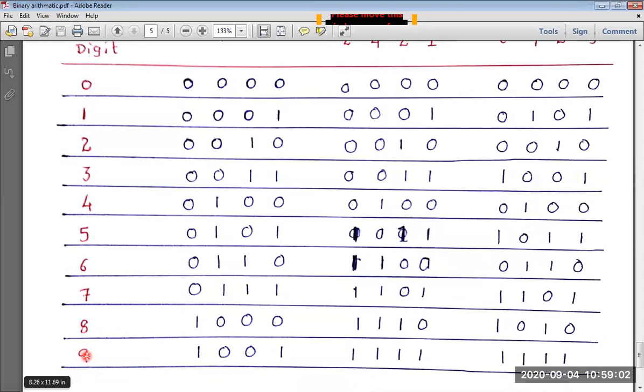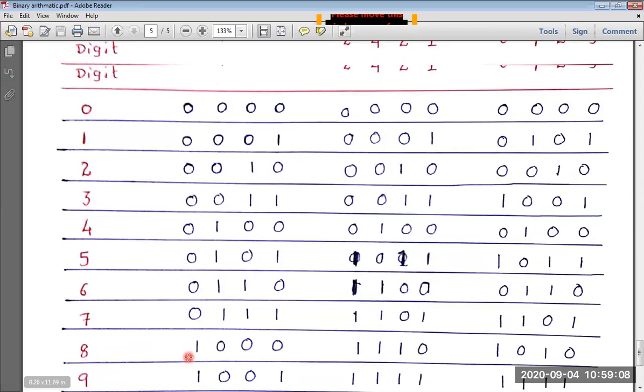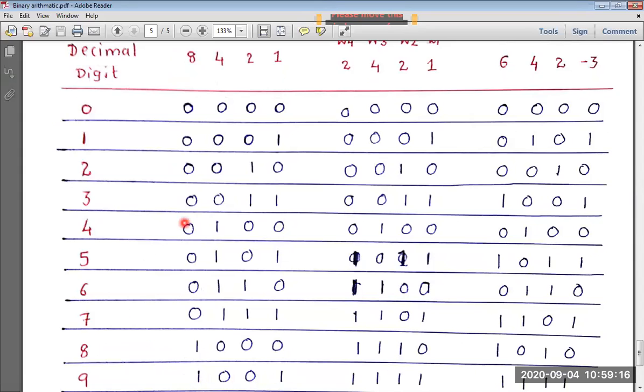Now take one more example here. Now let's see 9. How is 9 represented in 8421 code? In the 8 place, if I write 1 and the remaining zeros, it represents just 8. We need one more 1. Where to place that 1? If I write 1 down here, then 8 plus 4 becomes 12. What we want is 9. So 8, and we need 1. So you write down 1 in the first place. So 8 plus 1 is 9. That's how this 8421 code works.